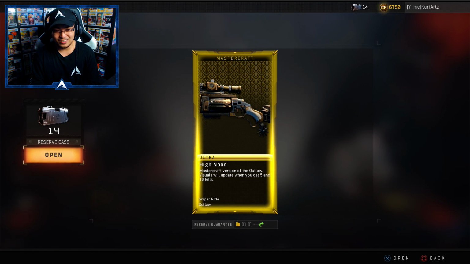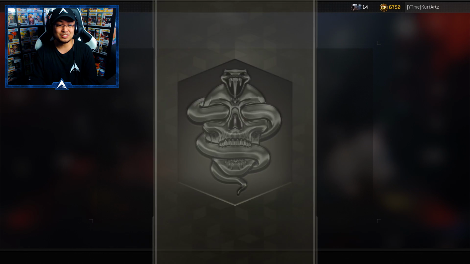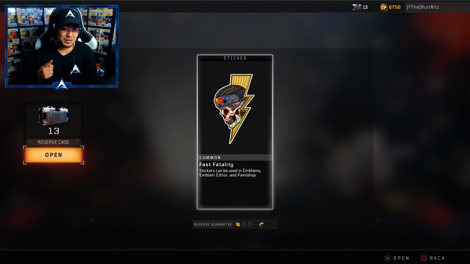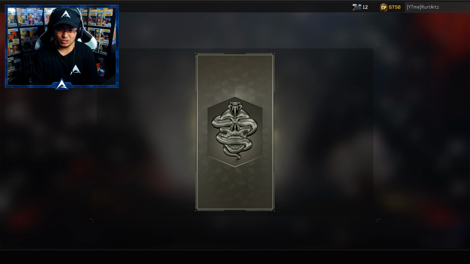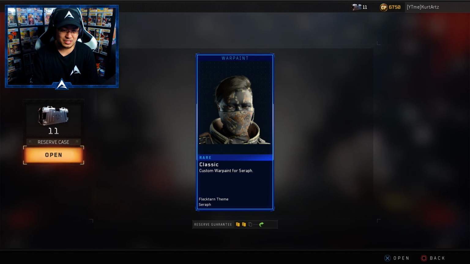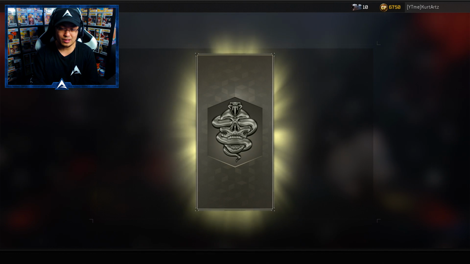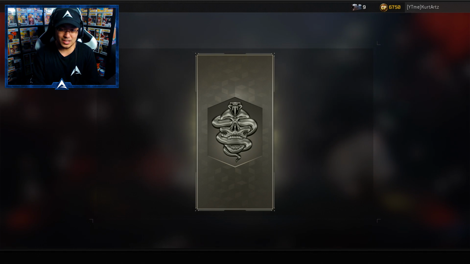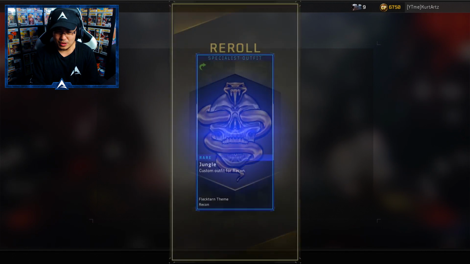Okay, not bad. All right, it's actually looking like a good pull considering I'm using reserve cases, 1 item a case. If this was my luck in World War II, I would basically be getting duplicates literally left and right. And it's kind of nice that so far, for the most part, I actually haven't been getting that many duplicates. So I'm actually pretty happy with the way my reserve cases have been going. And I hope maybe this might be...